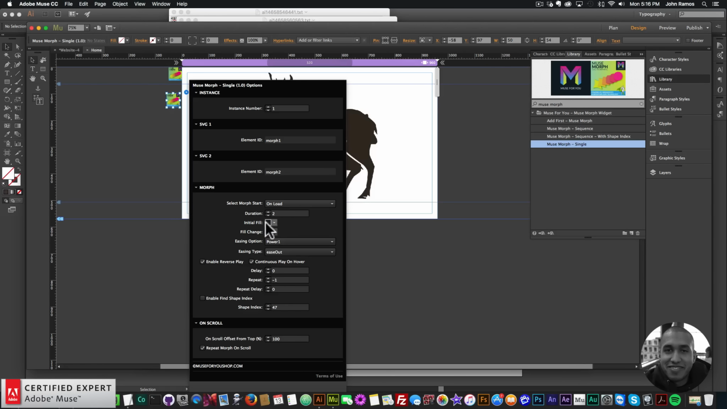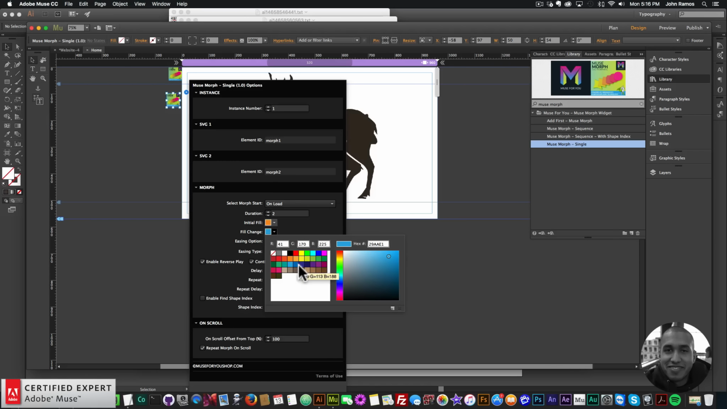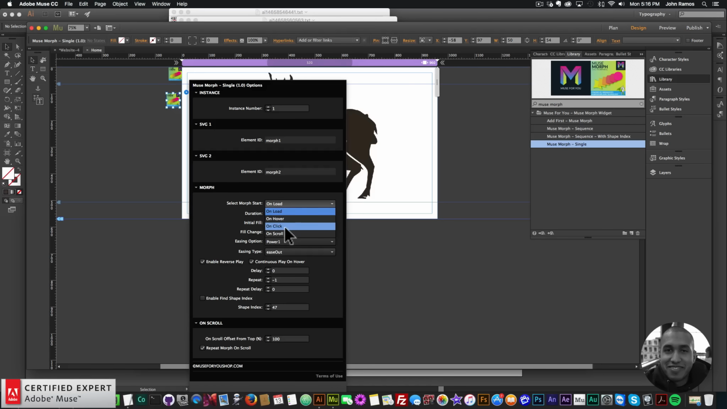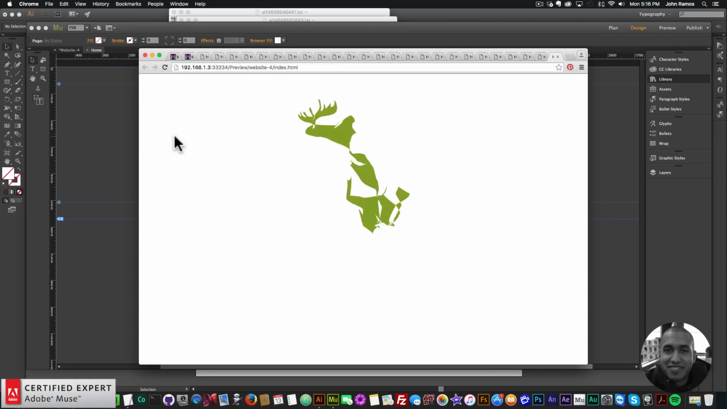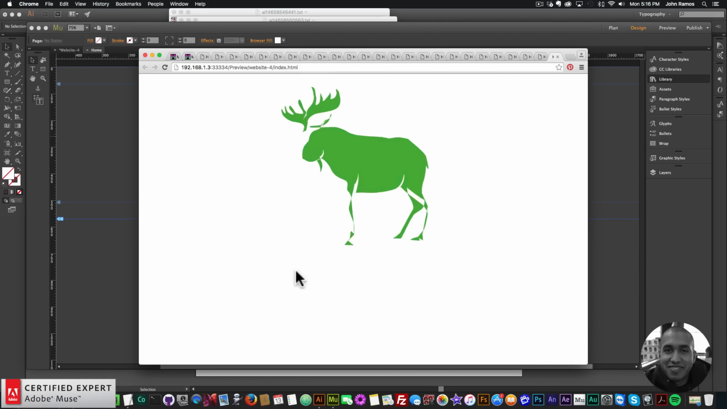And you can set the initial fill color, so I'll set it to orange, and then green here. And then you can say on load, on hover, on click, or on scroll. You can have it continuously play on hover, and you can enable reverse play here. So I'll go to File, Preview Page, and Browser, and there we have the different colors, and it morphs into